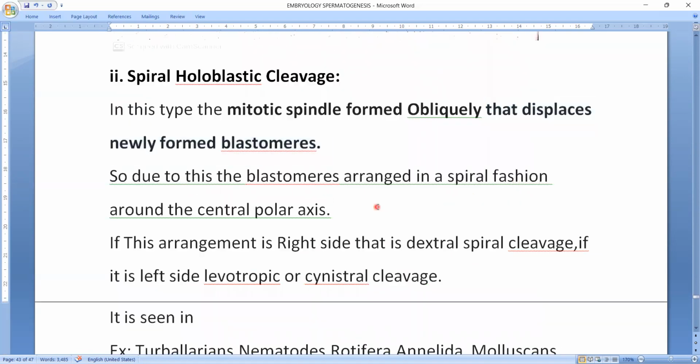Spiral cleavage, so due to this the blastomeres are arranged in a spiral fashion around the central